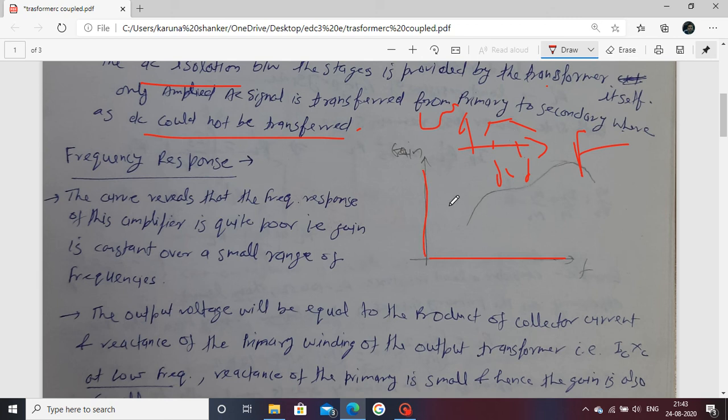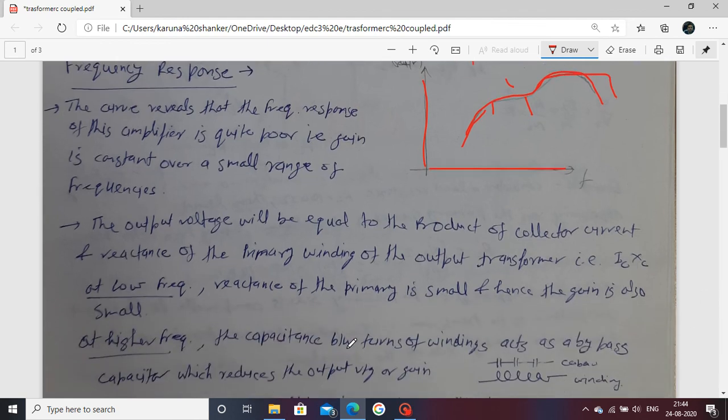Here you see this is the poor point, meaning constant gain over a particular frequency is not obtained. Only over a certain range of frequency is your gain flat. You see the response of gain versus frequency in this form. In a certain range there is a constant gain, and you also see that the gain is decreasing on the lower side, and in the high frequency range the gain also decreases. This is written here.